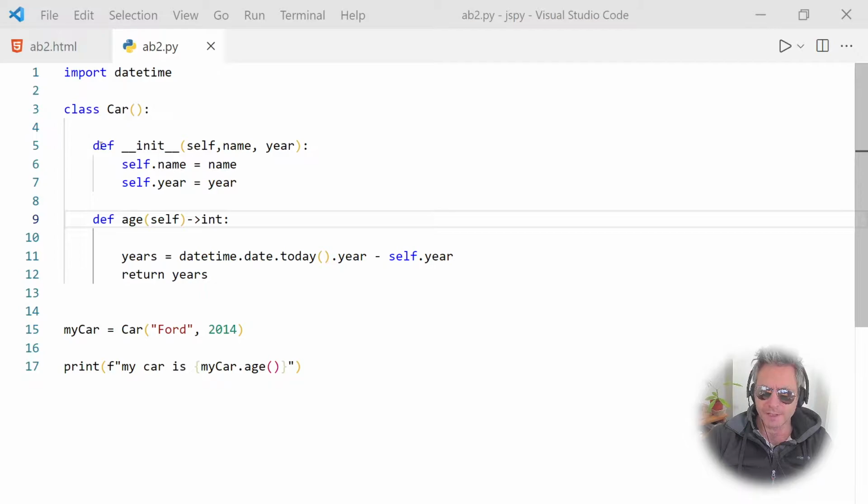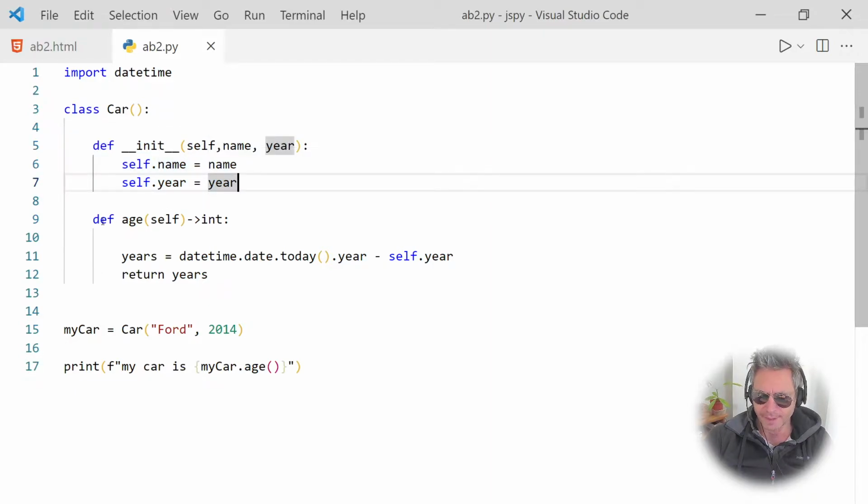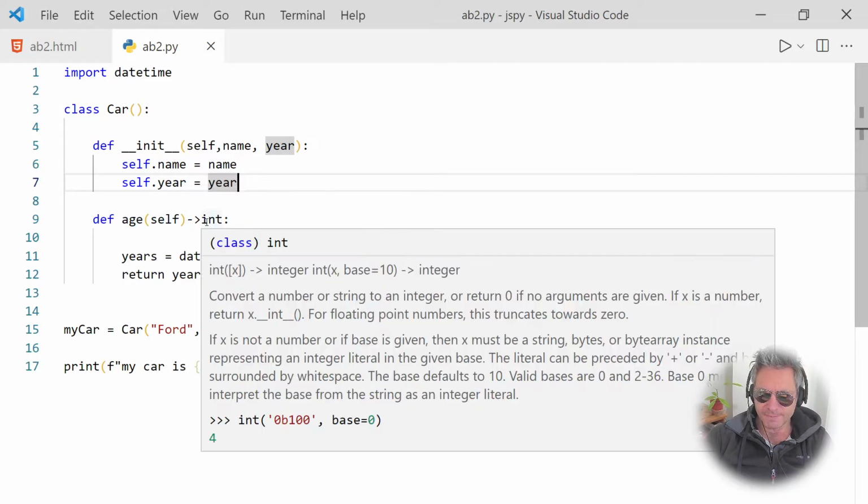So what we're going to do is have a constructor which has self as the first parameter, then the name and year. So that's the name of the model or the make of the car. Self.name. So when we instantiate, create an instance of the car, we need to supply the name and the year. And this method, which returns an integer,